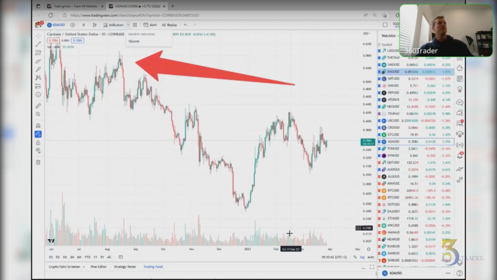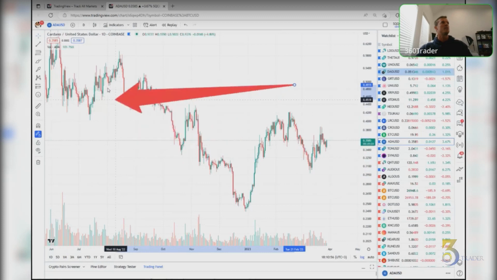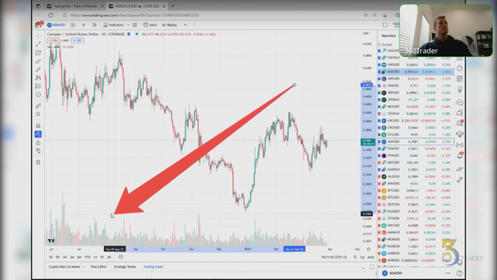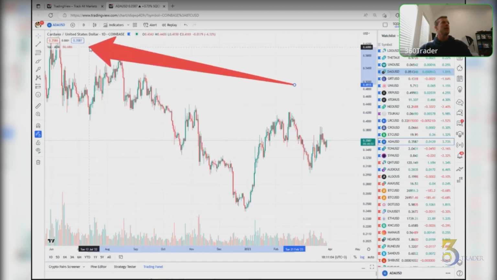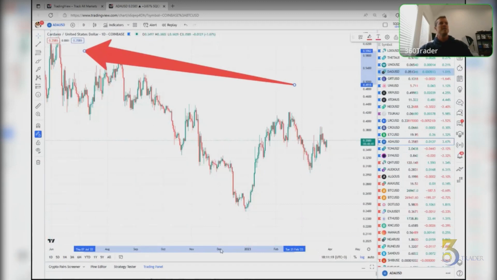Mine is volume, and that is what is always on my chart, and that is what is represented down here. So let me get rid of it. By the way, to get rid of your indicators, once you put them on here, they will post right here. The volume bars are down here, but the metrics of it are posted right here. See, it says volume, Cardano. If I want to get rid of that, I can come up here with my cursor and hit X. Watch the bottom of the chart. Boom, they're gone. So volume is not down here.